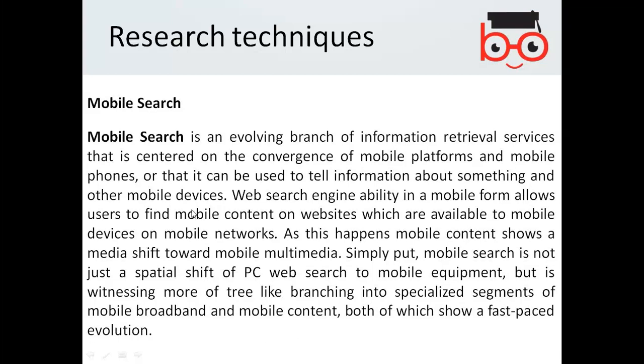evolution. Nowadays, you can see that we don't get information only on the internet using the computer, but mobile itself gives you a lot of information regarding existing businesses, places, and much more around you. So if you want to target research other than computing, other than the computer, then mobile is also one of the research ways which you can use.